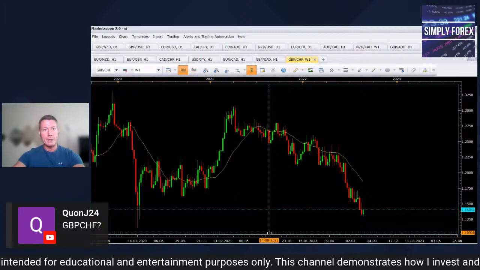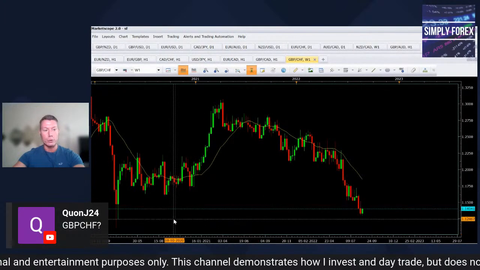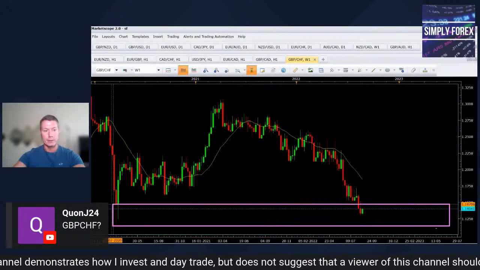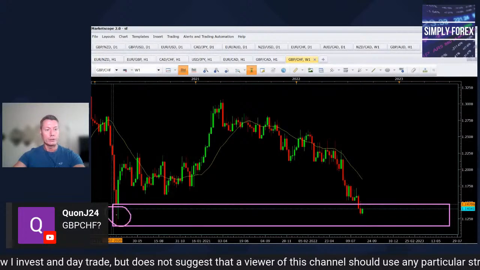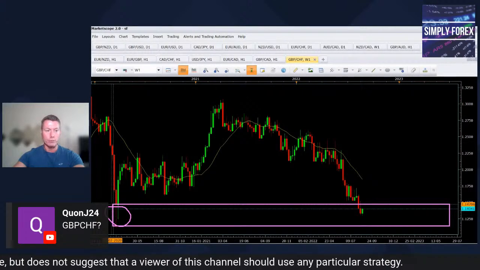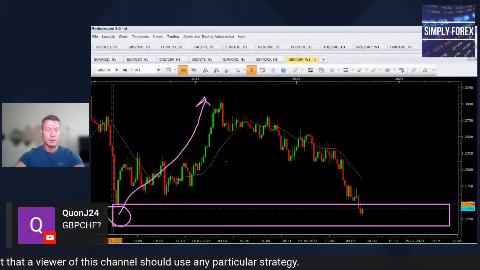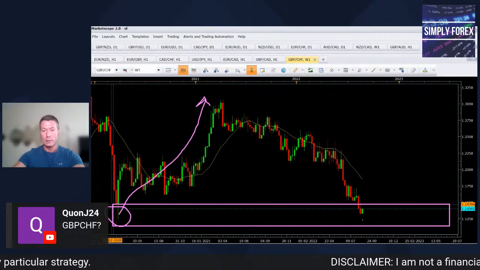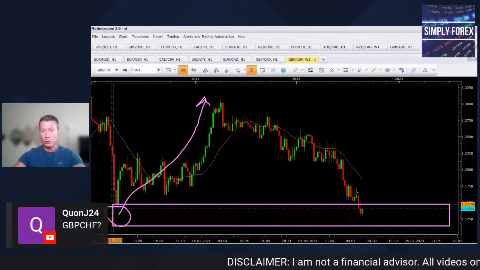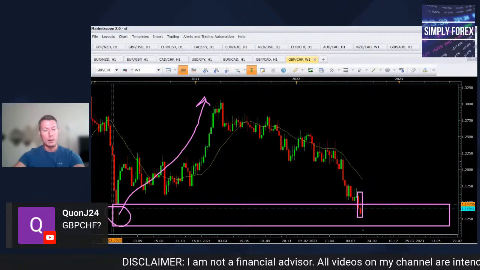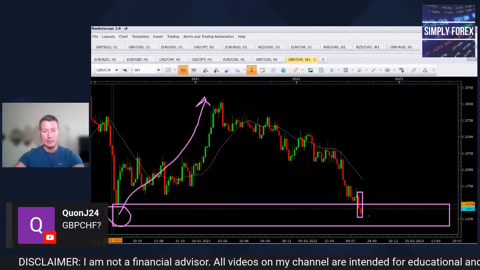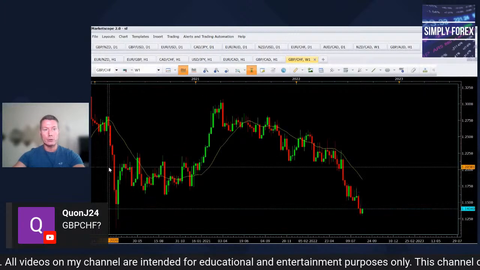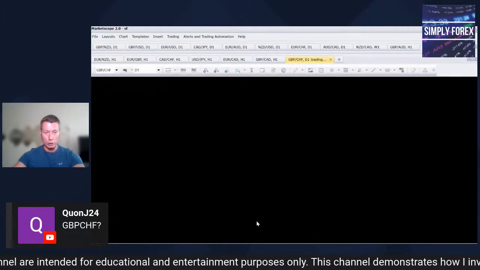So for me, I remember looking at this a couple of days ago. I am not going to short this pair into this. This area over here was obviously an area where prices reacted hugely. I am not willing to short this pair into this zone. I know the weekly candles look bearish and they're coming down, but at some point it will react in this zone. Okay, it will. So pound Swiss franc on the weekly chart, I'm not looking at shorts.